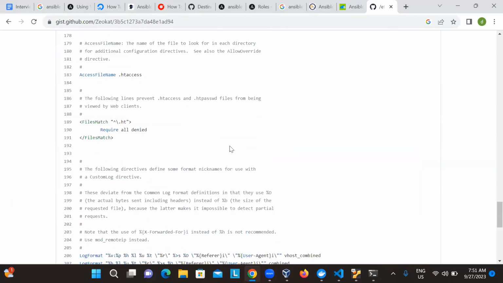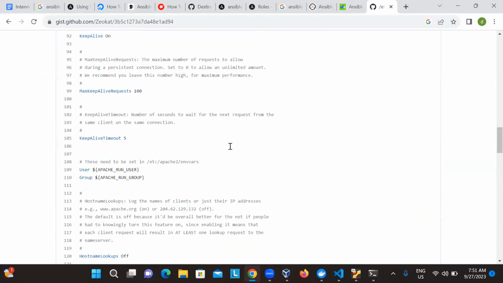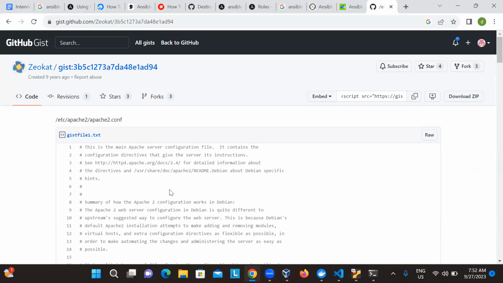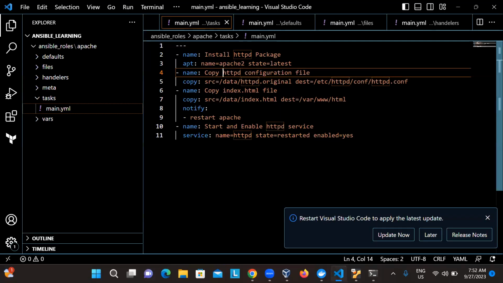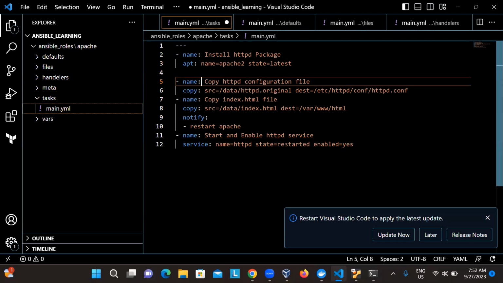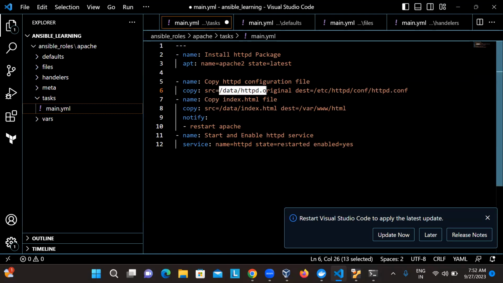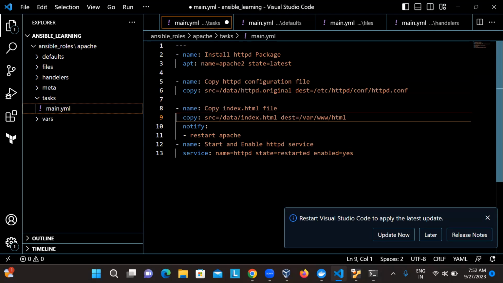We can copy and paste this. So this task is copying a configuration file from this to this one, and after that he is also copying the index.html file from this to this one, and finally